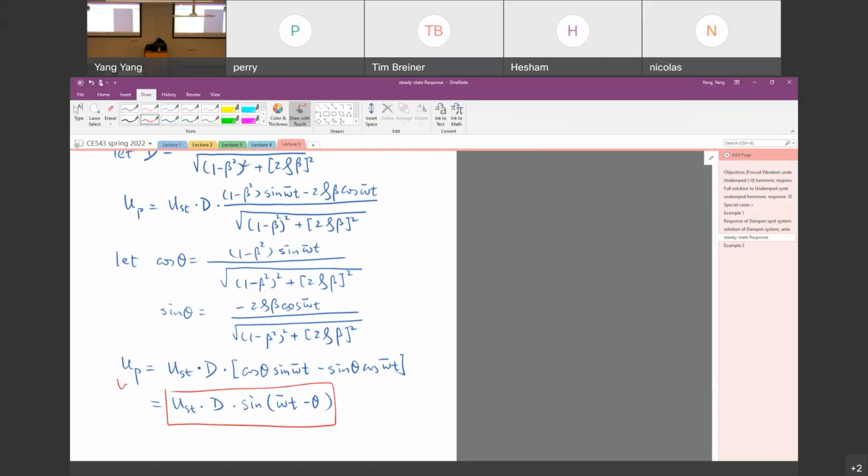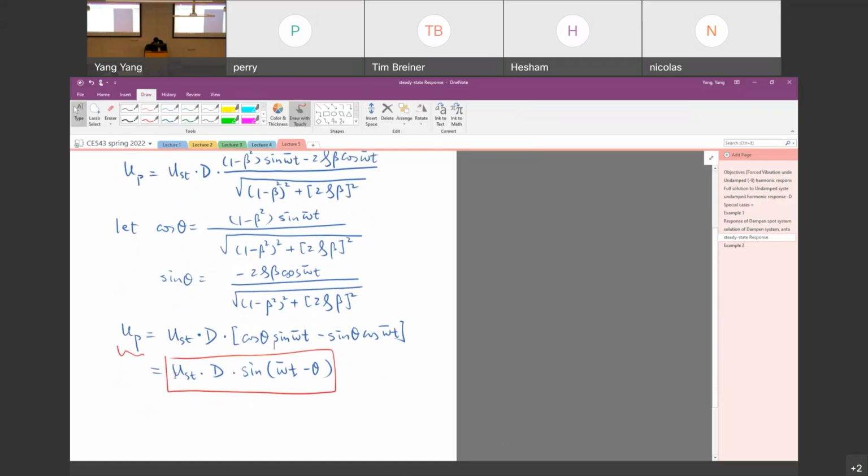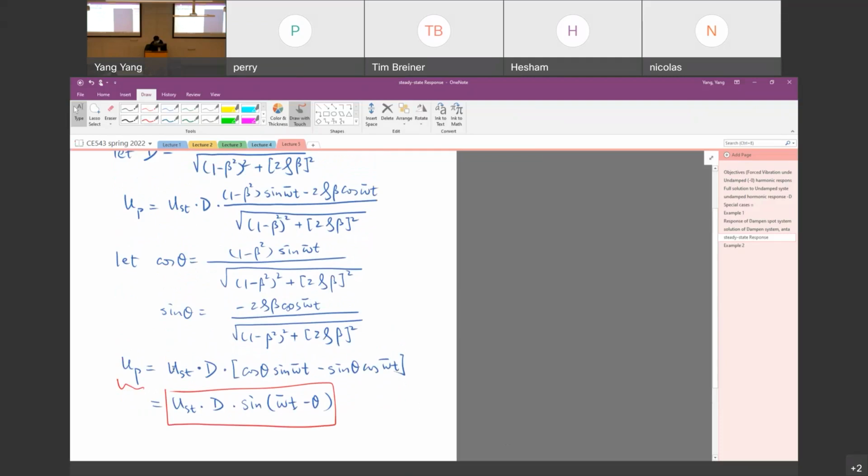So the steady state response can be expressed in a shorter form,